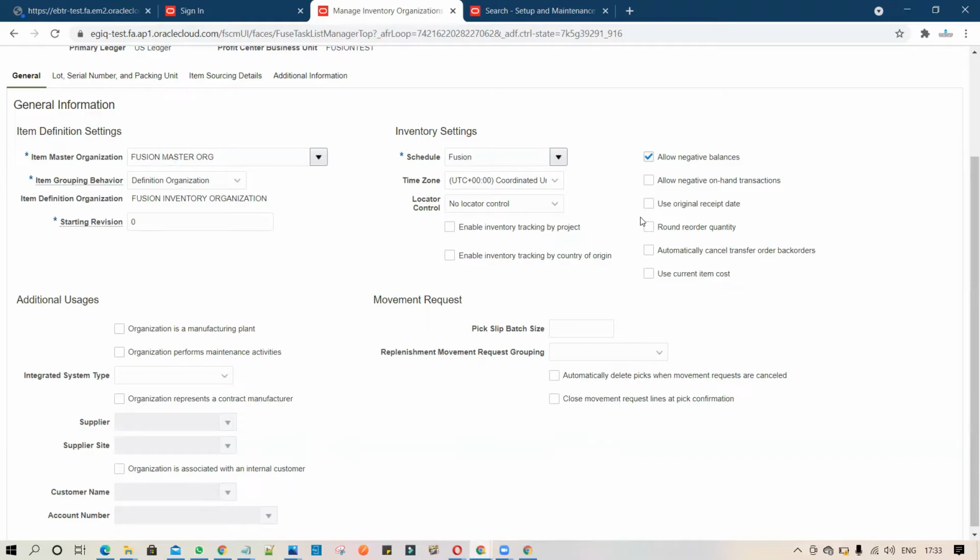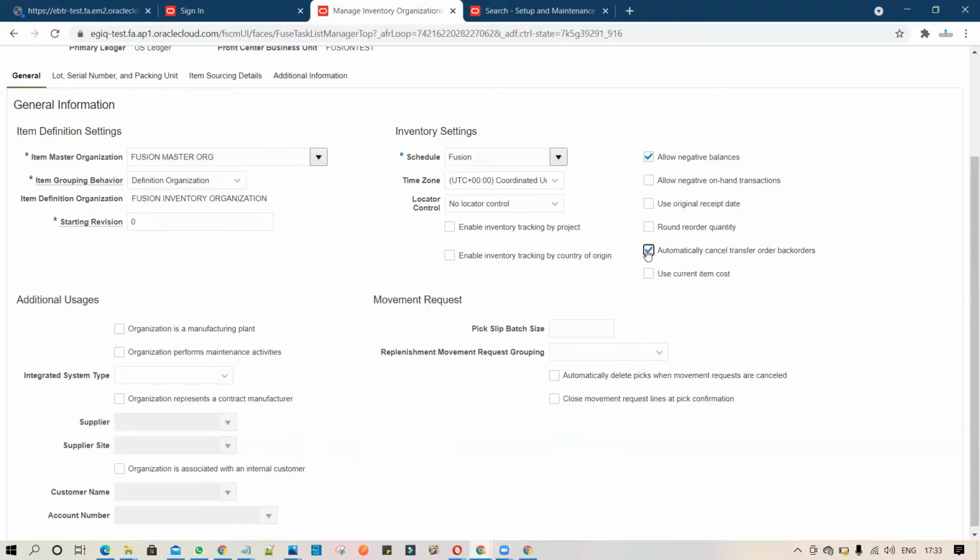So if business wants to have the use original receipt date, then you can enable it. So system will prompt to enter the original receipt date, then round reorder quantity, then automatically cancel transfer order back order.